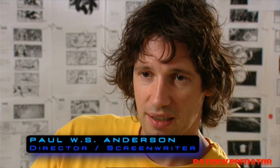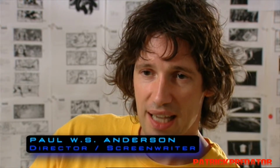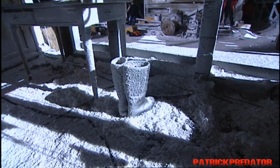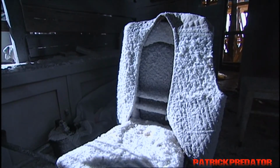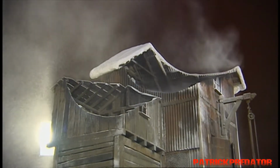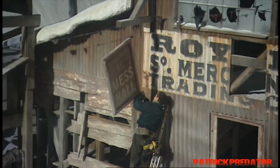The movie's set almost entirely in Antarctica. Obviously, and it's set during Antarctic nights as well. During the Antarctic winter, there's 6 months of just pure darkness. And the reason why we chose Antarctica was, you know, we're going to have aliens running around, and they need an alien environment. And I thought, like, the closest environment you've got on Earth to kind of an alien planet